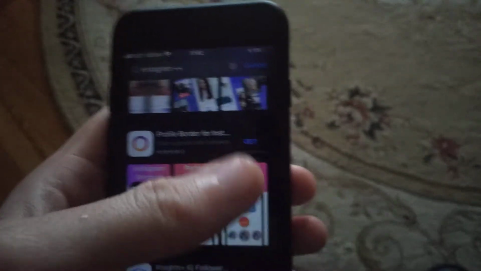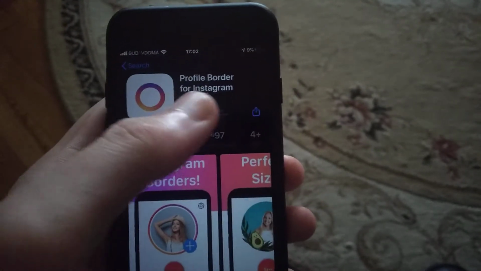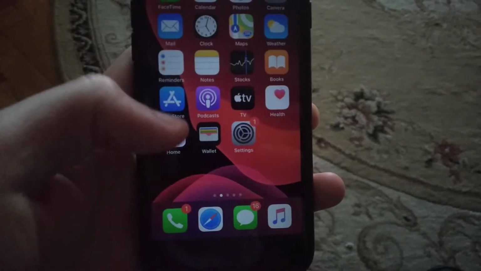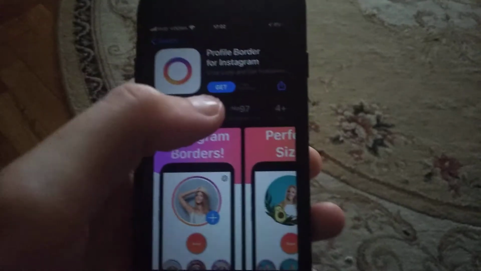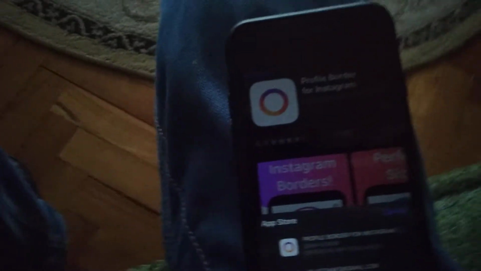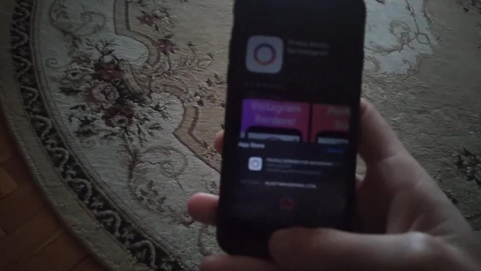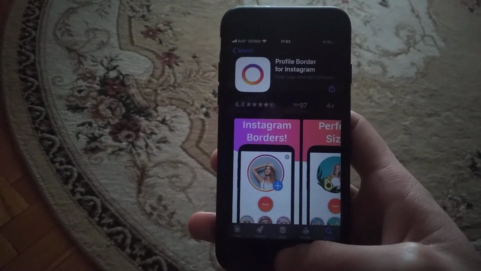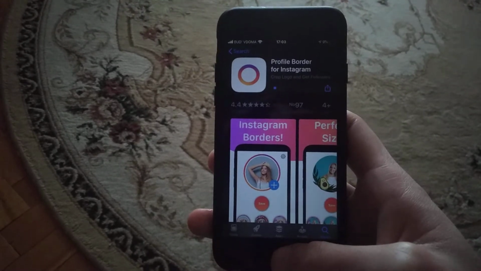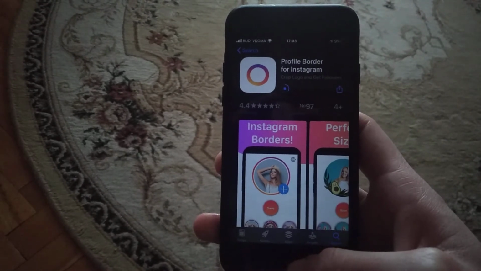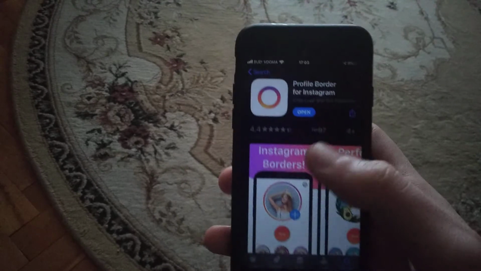So for doing this, you just need to open and find this application. Here you can see it, profile border for Instagram. So just find it in App Store. Just write in the search tab profile border for Instagram and click on get, and wait some time until it will successfully install on your phone. So now you just need to wait some time until it will successfully install this app on your phone and